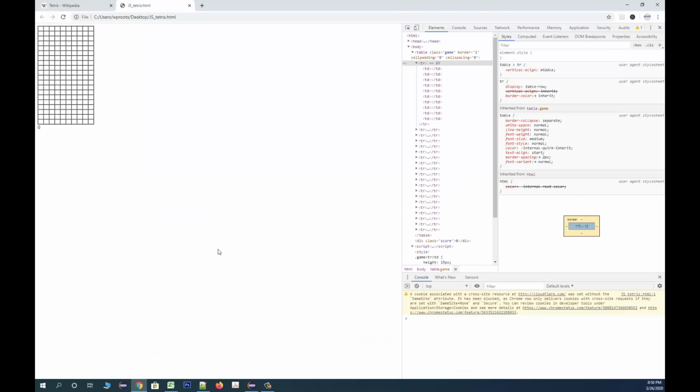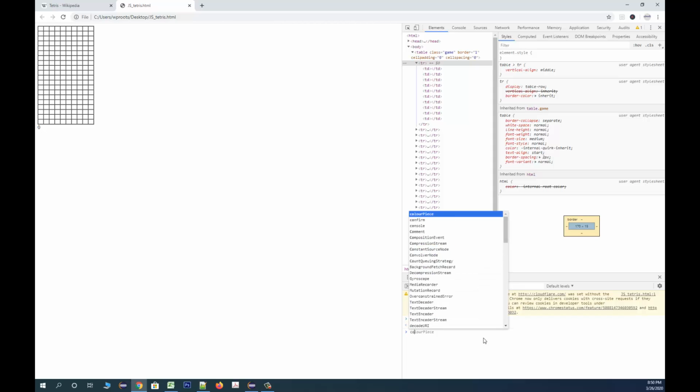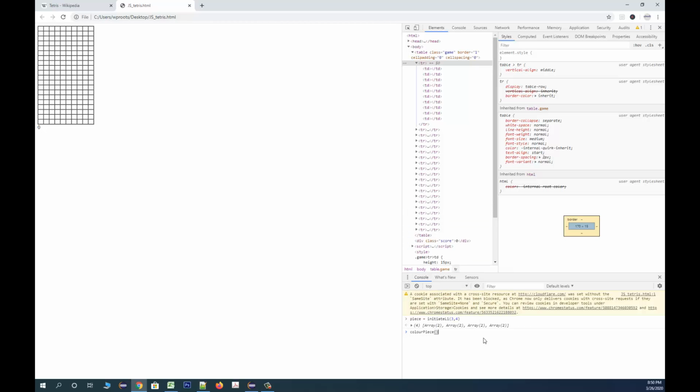So refresh, and we can go piece is equal to initiate L1 3 4, and then we're going to go color piece. There we go, we initiated the L1. Let's go piece is initiate square